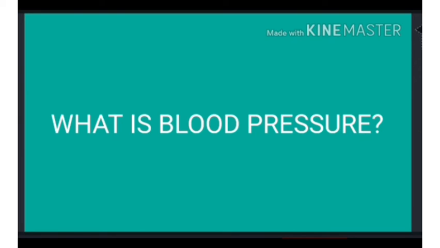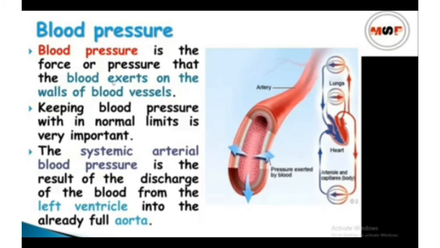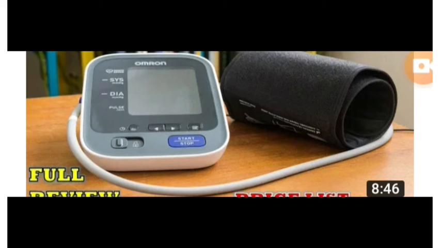What is blood pressure? Blood is carried from the heart to all parts of the body through blood vessels. Each time the heart beats, it pumps out blood into the arteries. Arteries carry blood to every part of the body. The pressure exerted by the blood against the wall of the blood vessels is called blood pressure. Our blood pressure is at its highest when the heart pumps out blood. This is called systolic pressure. When the heart is at rest between beats, your blood pressure falls. This is called diastolic pressure.